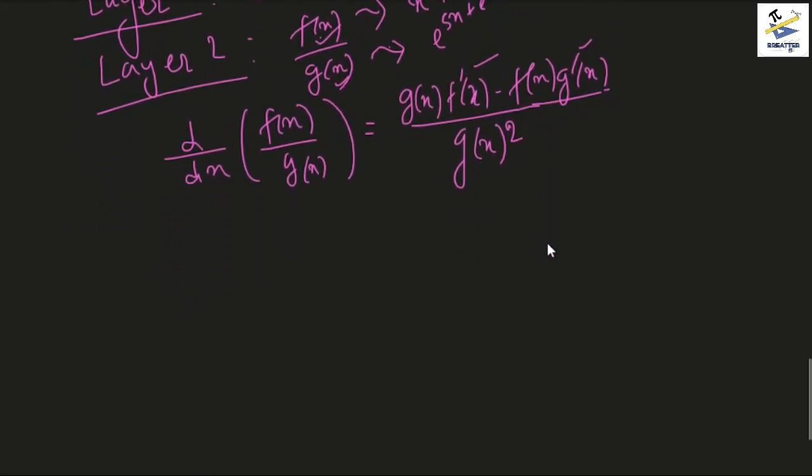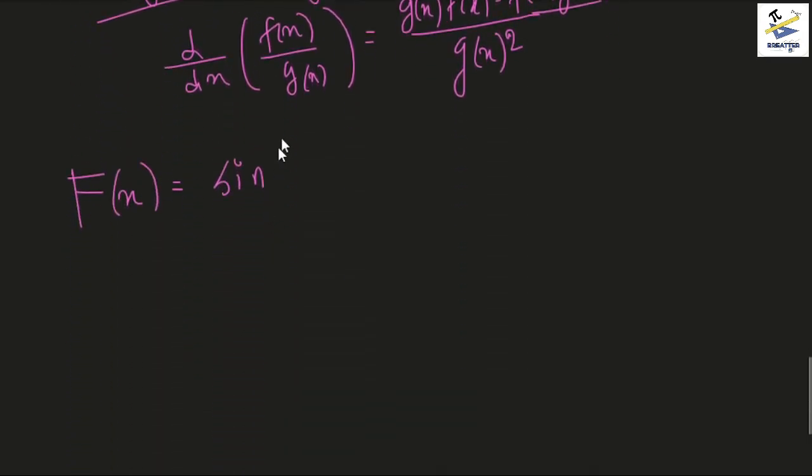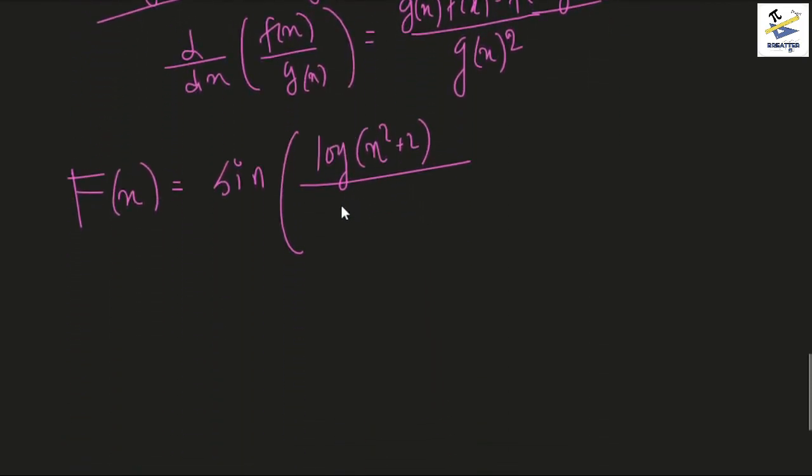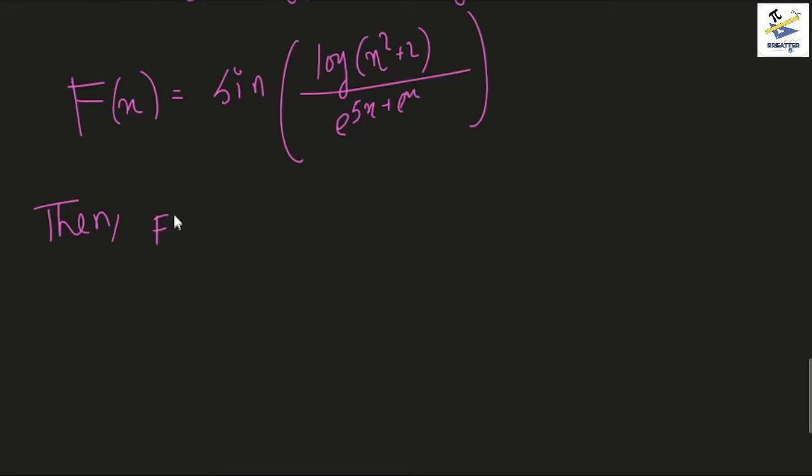So let's do this. Let us first define the function as capital F of x equals sine of log of x square plus 2 divided by e to the power 5x plus e to the power x. Then F dash x would be, firstly, the derivative of sin x is cos x, so we first have this,